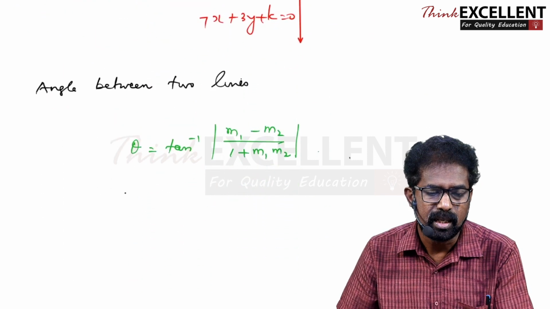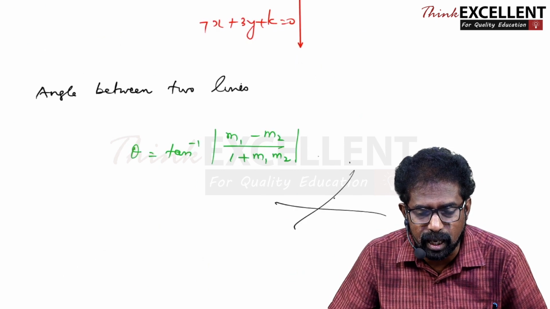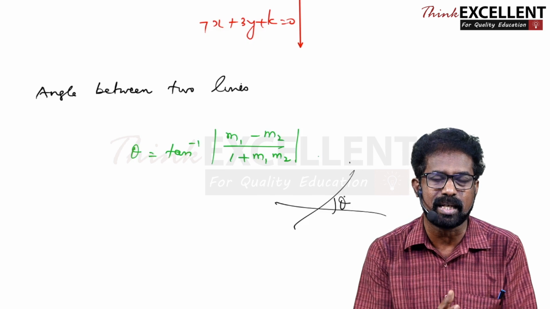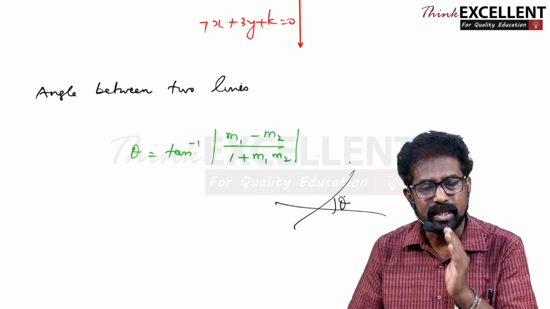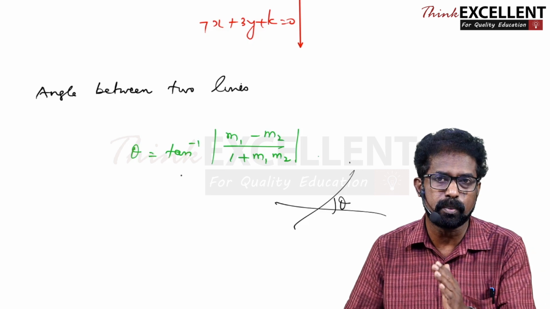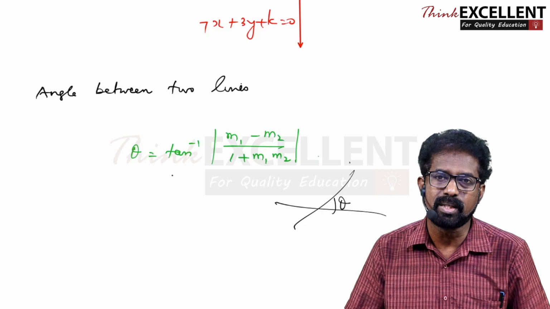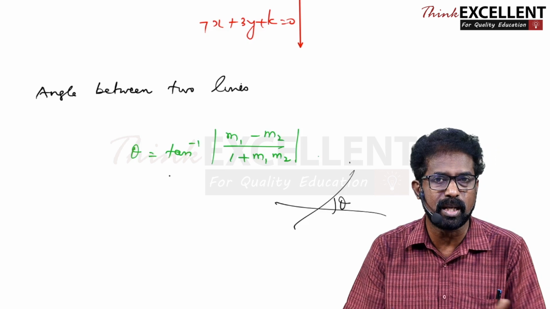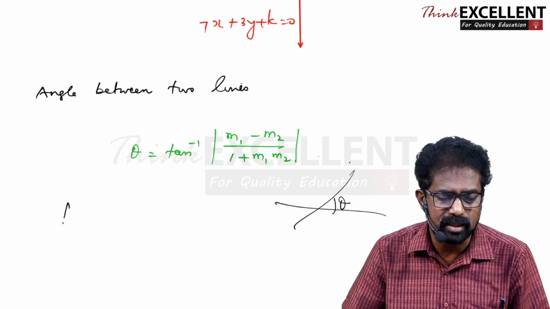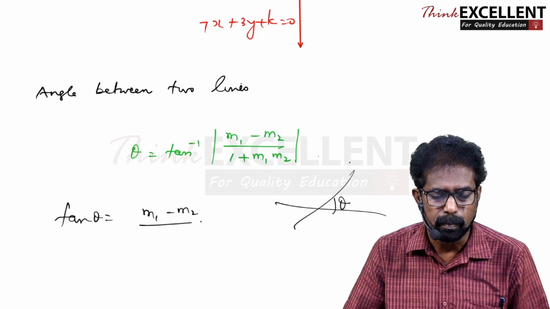Then finally, if 2 lines are given, how to find angle between them, the acute angle. இந்த angle எப்படி கண்டுபிடிக்கிறது? 2 lines கொடுத்துறாங்க. How to find the angle? நீங்க என்ன செய்யணும்னா, you find the slope of both the lines. Already we studied how to find slope, right? First line slope கண்டுபிடிங்க. Take it as m1. Second line slope or gradient, you find out, take it as m2. You know m1 and m2. Then apply this formula. Theta equal to tan inverse or tan theta is equal to m1 minus m2 by 1